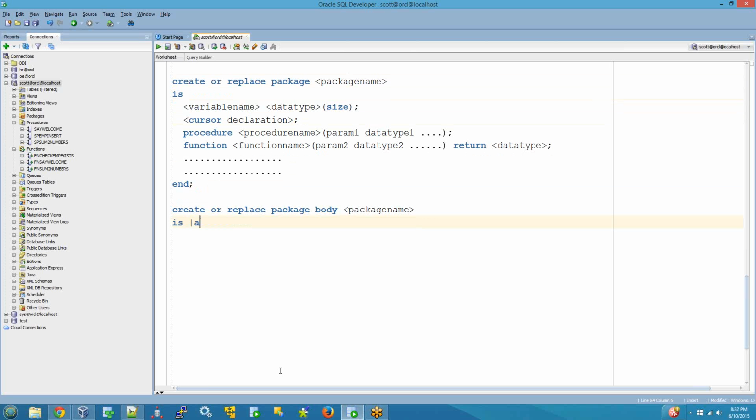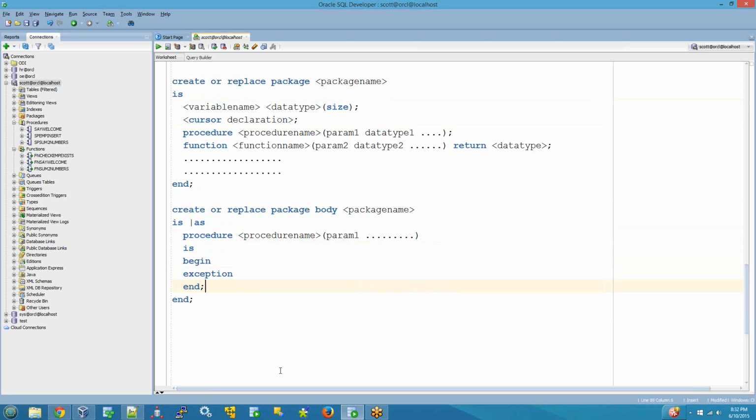Then is or as, end. Here, procedure, you're writing the code. Procedure name, and here declare any number of variables, begin, exception,